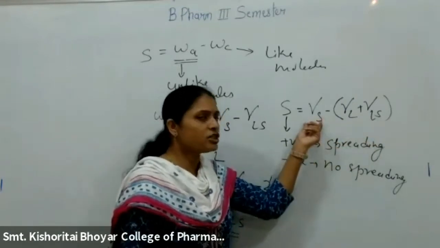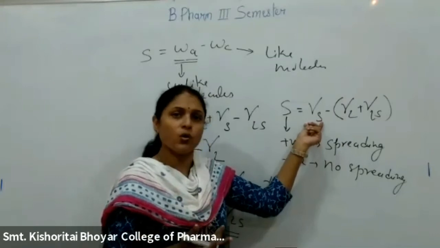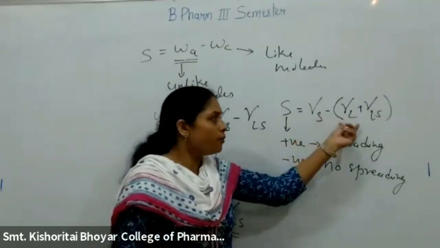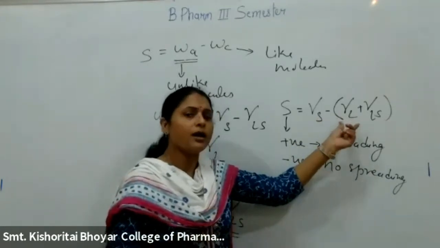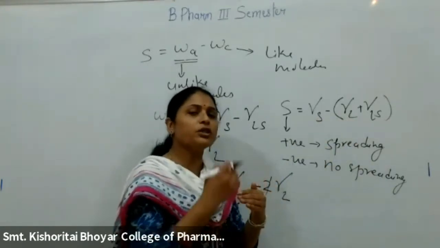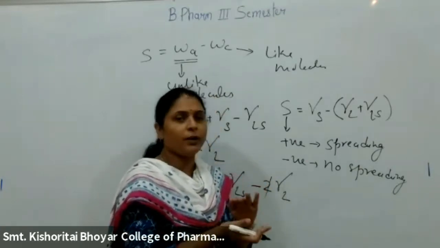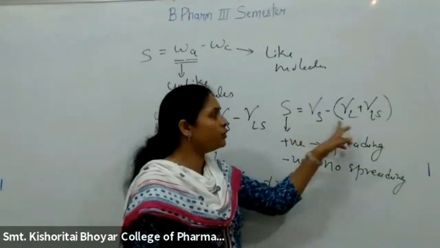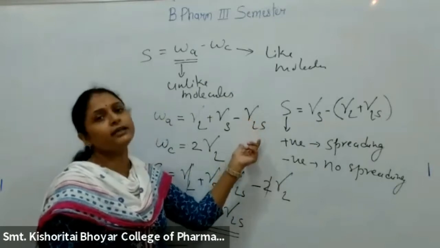That means the surface tension of the sublayer liquid, the liquid which is below, over which spreading has to happen, if its surface tension is greater than that of the spreading liquid, which will spread from above, and the interfacial tension between the two liquids, the spreading liquid and the sublayer liquid below. So if this is greater than these two, having a greater value, the S value will be positive, indicating that